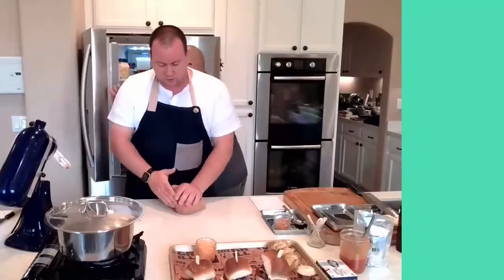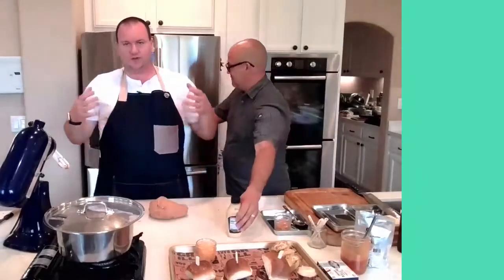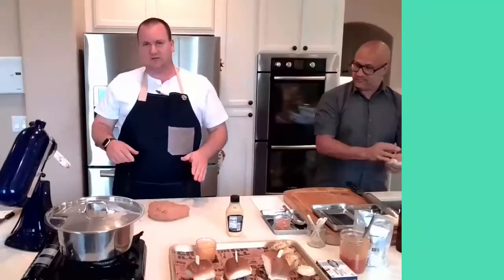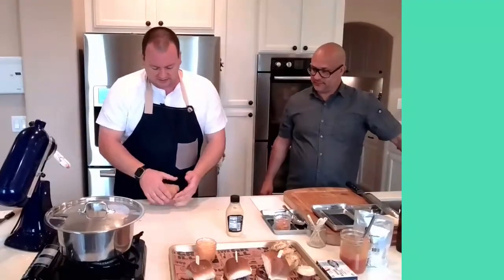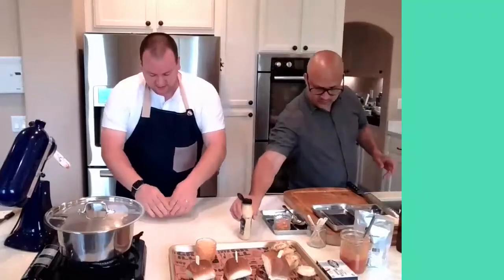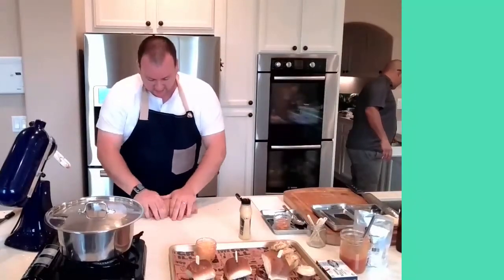You really want to work the vital gluten to make it really hold together properly and then expand. So, I would have already mixed this. This is the magic of TV. I would have already mixed this in the mixer for about 5 more minutes, just to really work all the proteins together, or all the gluten together. But right now, when you have it on your counter, you're really just going to start working it like you would a pasta dough. And then essentially you just want to keep folding it in the same direction, and it'll form